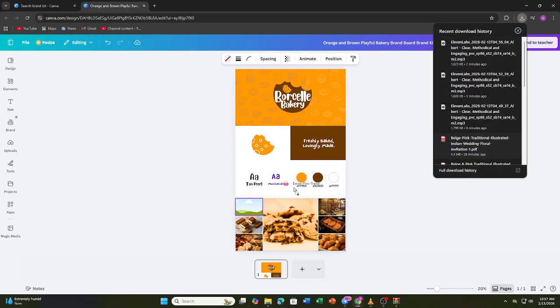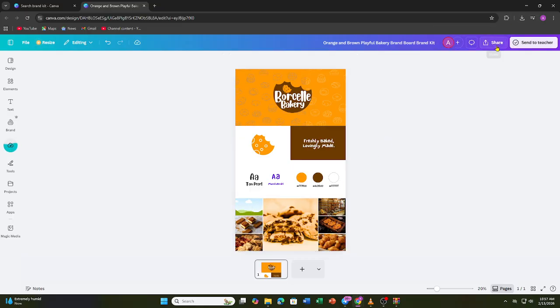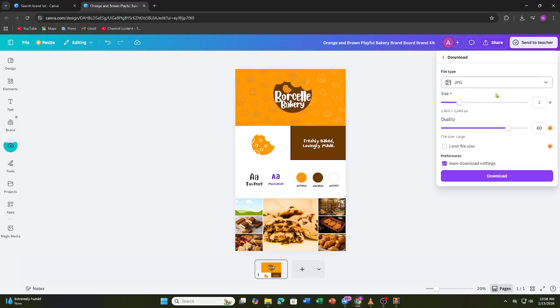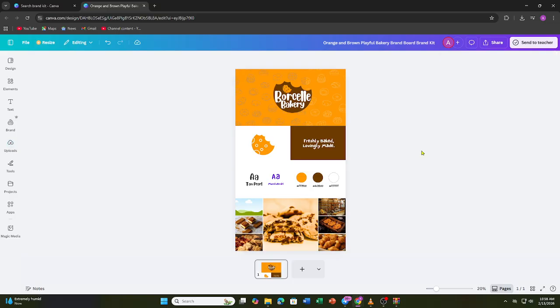Once your brand guideline document is complete, click Share or Download. PDF print works best if you want to distribute it to your team or partners. And yeah, that's it. With Canva, you can create comprehensive brand guidelines that protect your brand identity and make your business look